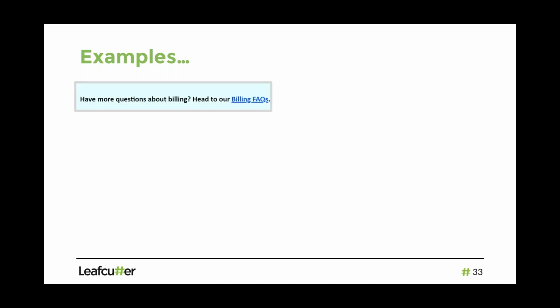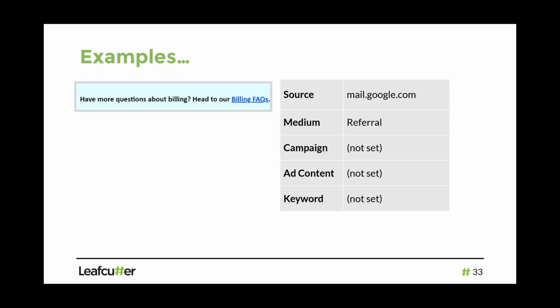Another example, I had like an email, it's just like a link to billing FAQs. Again, I clicked on the link, there's no campaign tracking on that link, and I was just in Gmail. And so when I click on it in Gmail, in Google Analytics the source would be mail.google.com, so literally where the click happened. The medium would be referral, so it should be lowercase r. The channel would also actually be referral. It's not going to be email because I didn't use campaign tagging. I didn't use UTM values on that link, or whoever sent it to me didn't use that on that link.